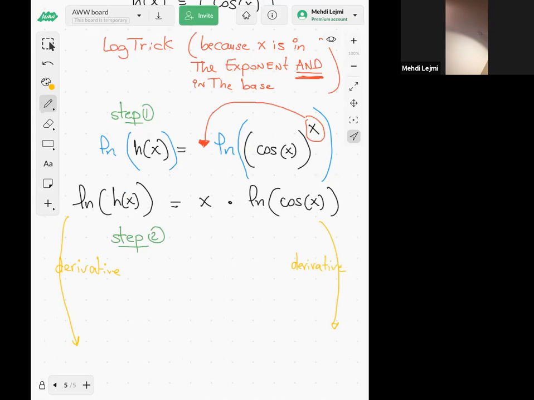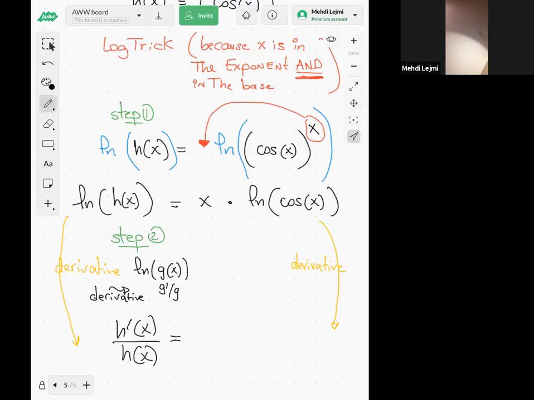That's like natural log of some function g, and the derivative would be g prime over g. If you have natural log of some function, the derivative is the derivative of the function over the function. So natural log of h, the derivative is h prime over h,